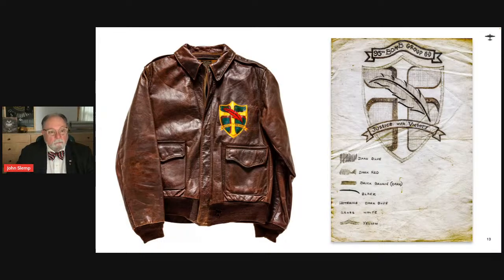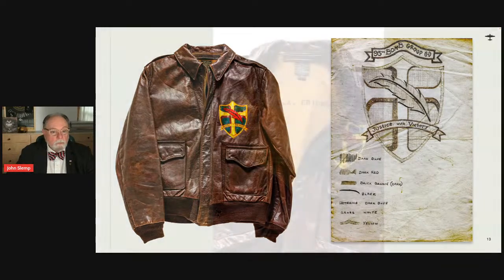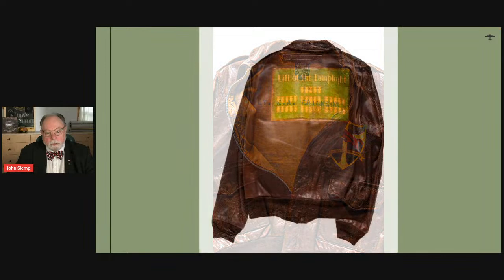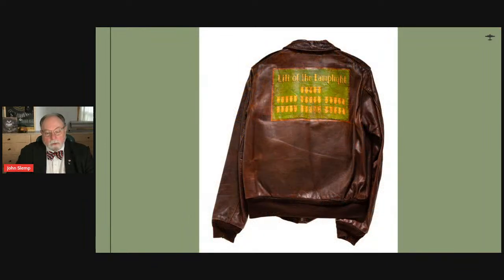But this was a really lovely jacket. And here's the inside. And his son is a fine art painter, he and his wife both, and they just loved the pictures. And I was thrilled to have their participation. And so his dad,